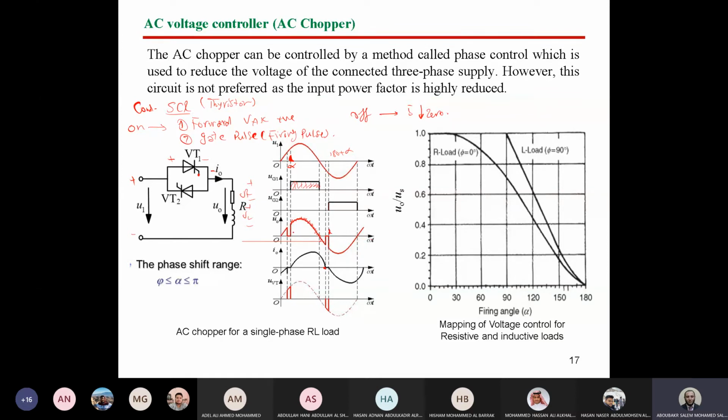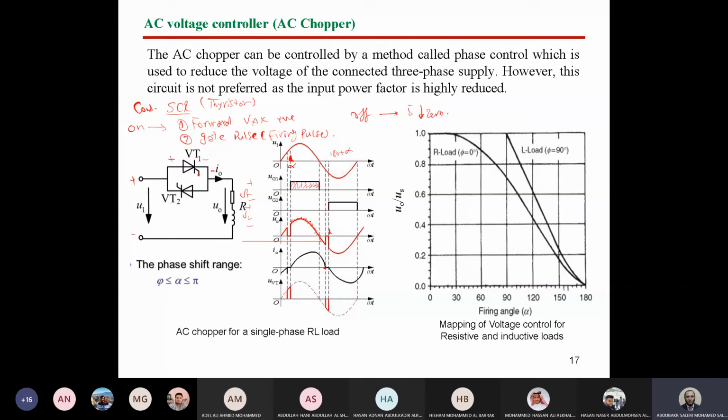So comparing the voltage now, this is the output voltage. Comparing the voltage here with that value, what is the difference? It is lower. Lower in terms of RMS, right or wrong? Yes. Of course we cannot say average because the average for AC voltage is 0 all the time. We care about the RMS value. So comparing the RMS value of V out, now it's lower than the value of RMS for U1 or supply